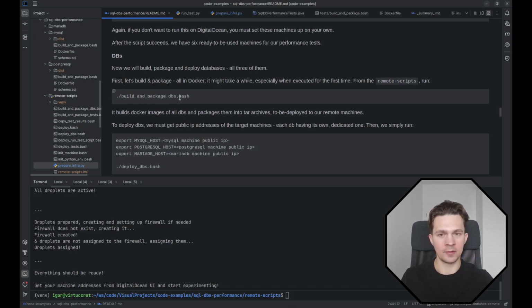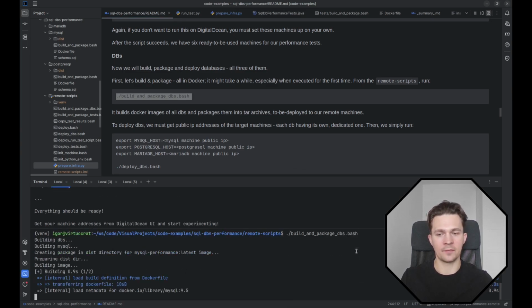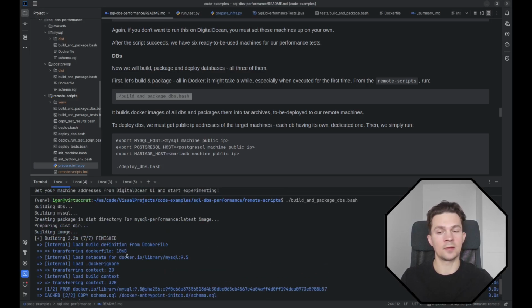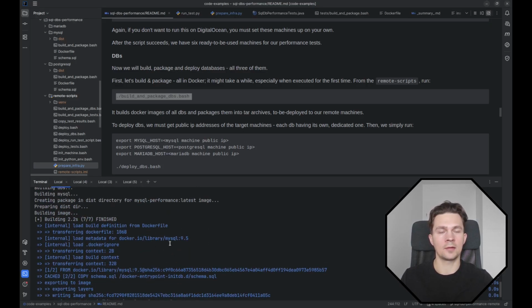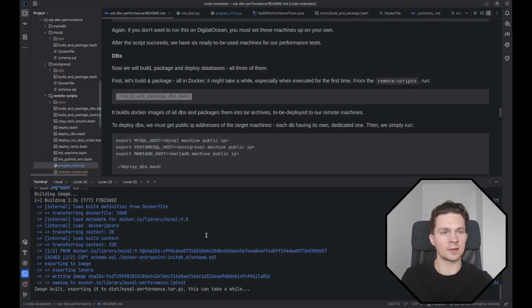So we need to build databases in Docker, obviously. For me, it's faster because I have already done that. And if you do it for the first time, it downloads a few base images from the internet, so it might take a while. And also, if you are curious what we are doing here